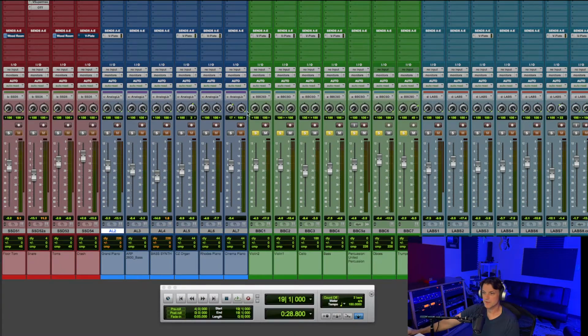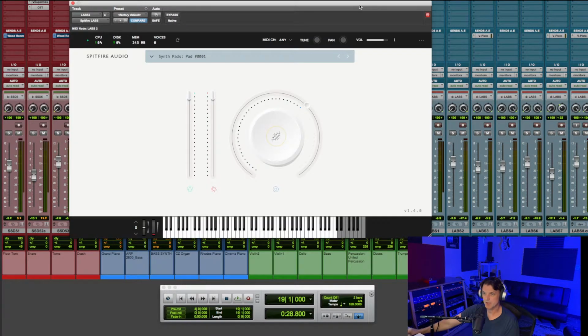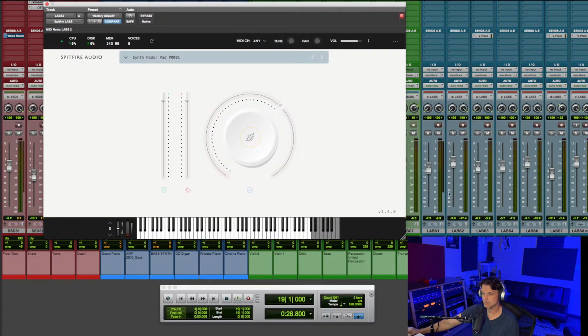Let's move on to the last instruments that I use, which were Spitfire Audio's Labs instruments. I ended up using, looks like, about 8 Labs instruments, and I'll just run through some of these. Let me just see if I can solo. So there's another piano sound. This is called the Labs Soft Piano,